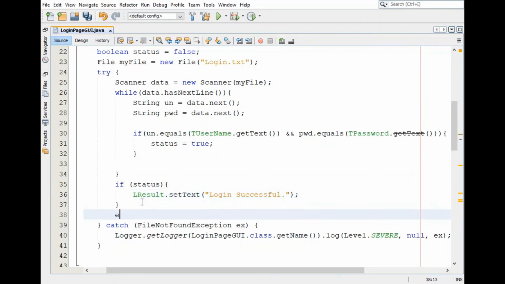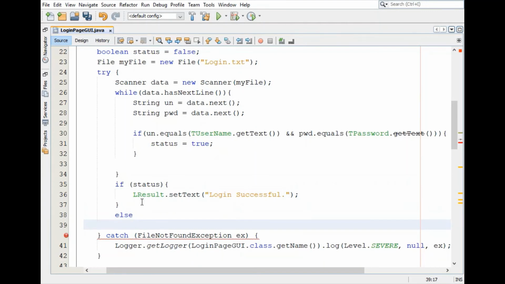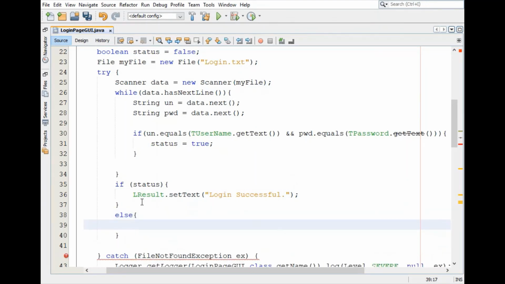In the else part we will write labelResult.setText, and in brackets, login failed. So let's save this code.